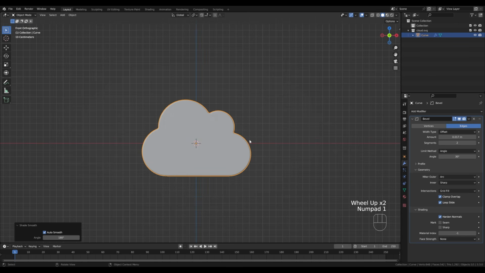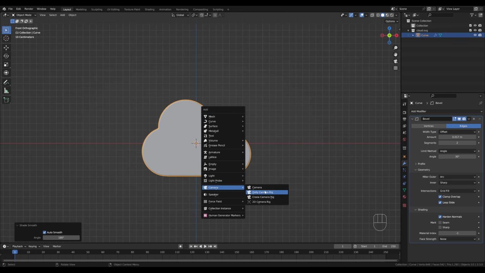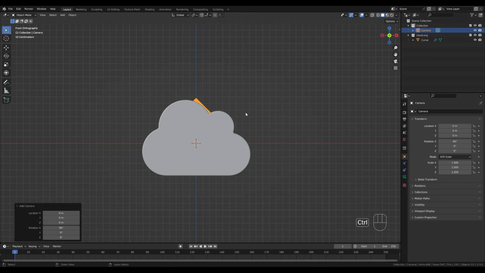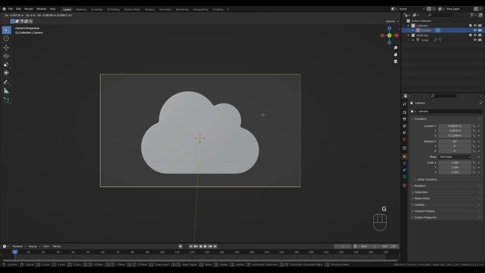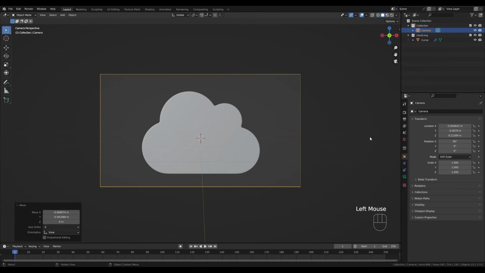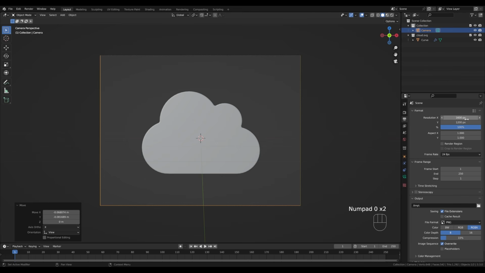Now let's go to the front view and press Shift A and add a camera. Now I'll hold Ctrl Alt and press 0 on the numpad to place the camera, and now we can just press G and place it a little bit better, so it's centered. And now in the output tab, let's change the resolution to something like 1600 by 1200, and then I'll switch